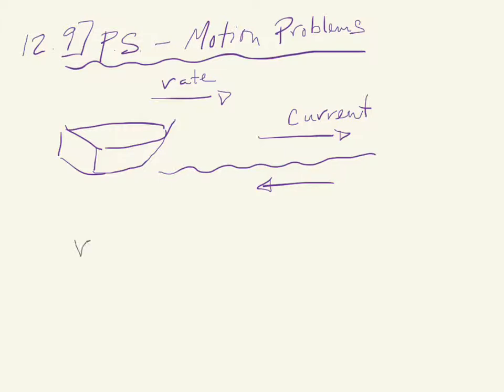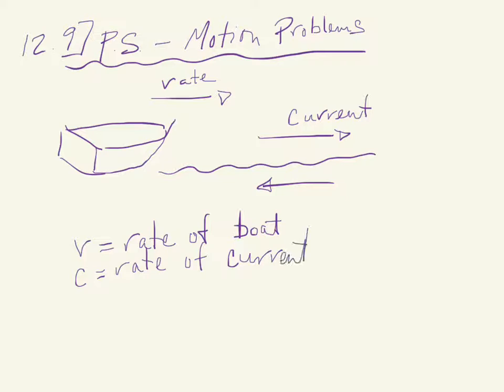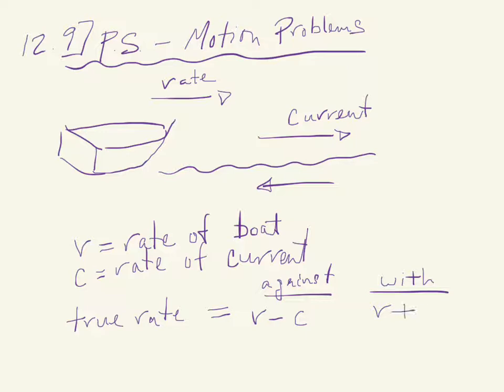So if we say R equals the rate of the boat, and C equals the rate of the current, then its true rate against the current would be the rate of the boat minus the rate of the current. And with the current would be the rate of the boat plus the rate of the current, because it's actually